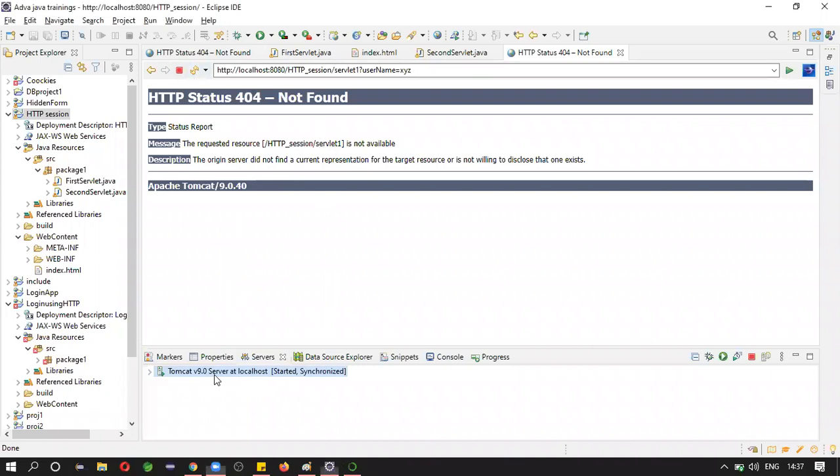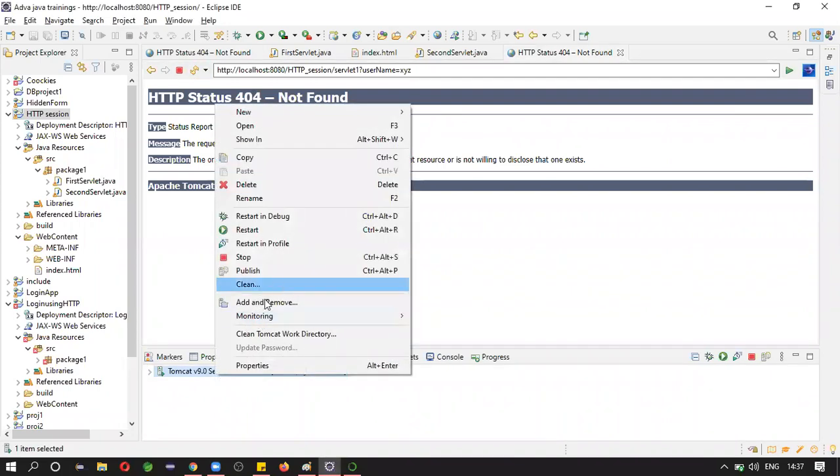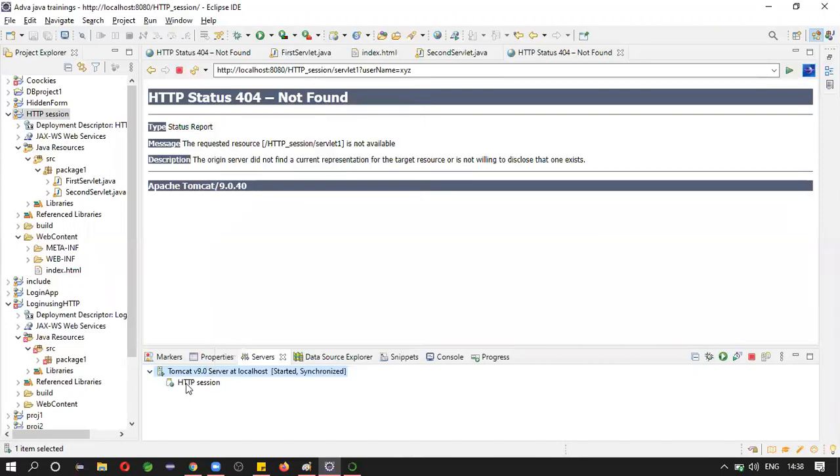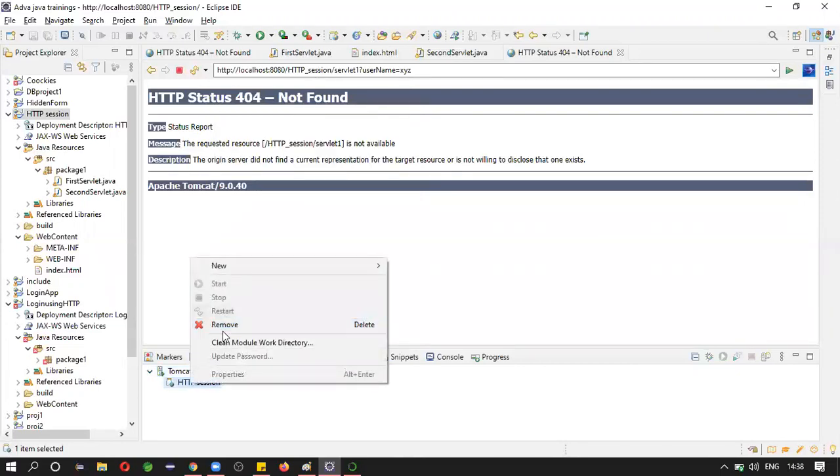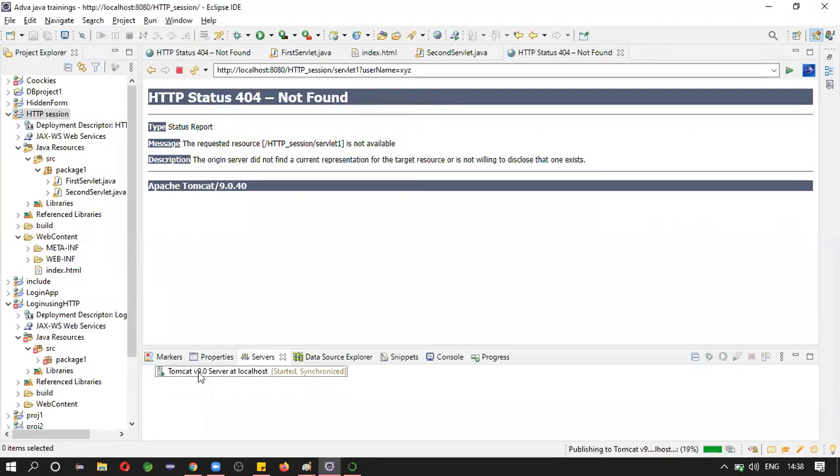Okay, let us remove the project from the server. See, a server can hold multiple projects, right? Let us open this, remove it. So it got removed.